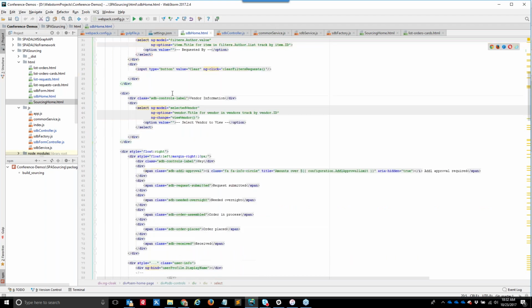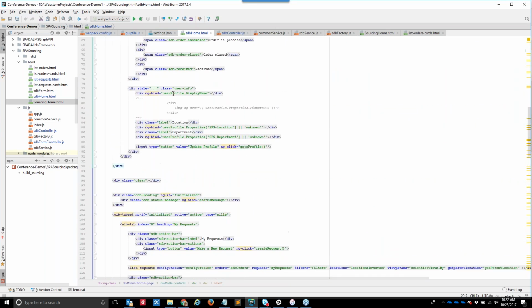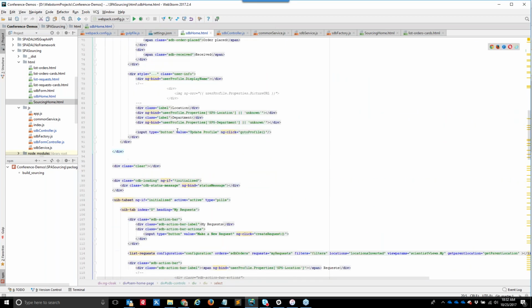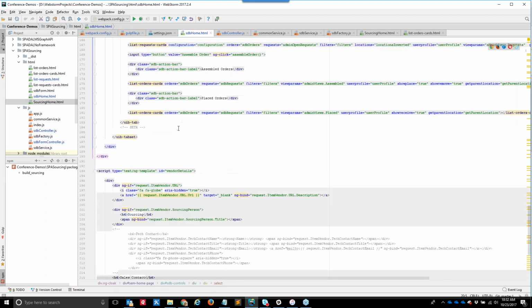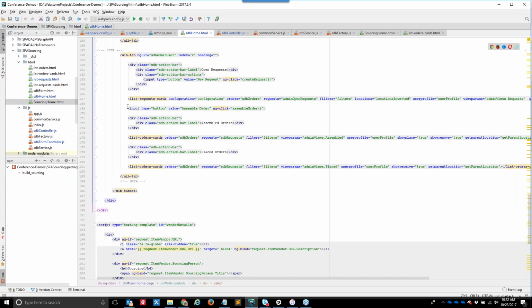So we do things like, let me just find something that would be a reasonable example. So for instance, where are the headers here? So we're showing things like a button to assemble the order.